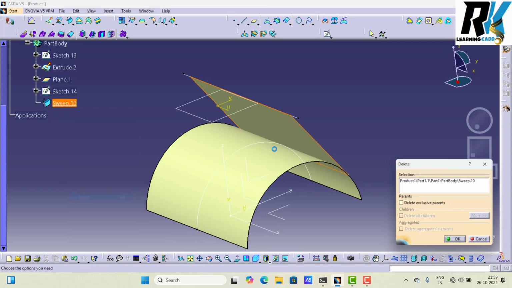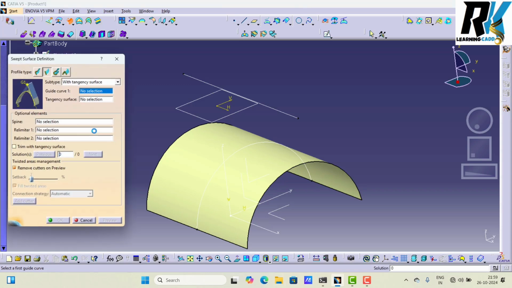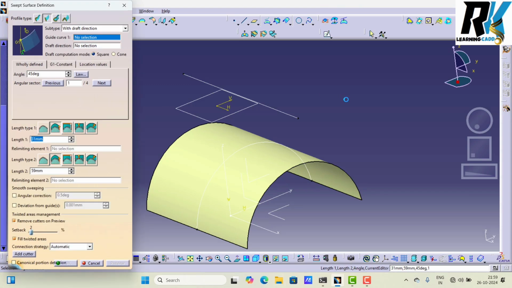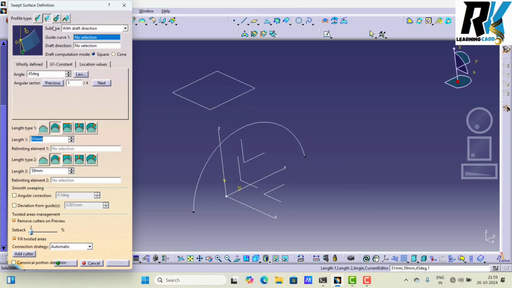Delete these options, select a sweep again, and here you see last option, the sixth option with draft direction. So suppose this one have, okay, I select sweep with draft direction. So guide curve this one have, and draft direction I select this plane, okay, and preview check.